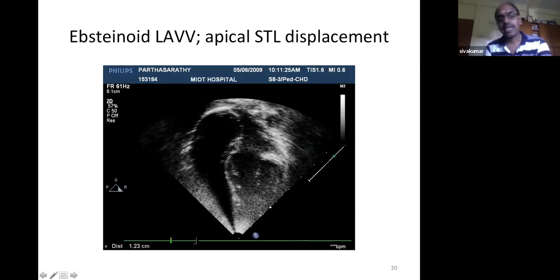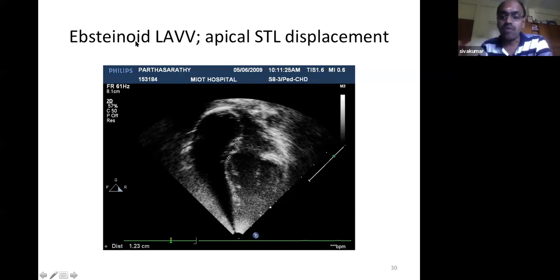In some patients, the tricuspid valve annulus can be far more displaced down, and that will be called the Epsteinoid malformation of the left AV valve. Contrary to a conventional Epstein's valve on the tricuspid side, an Epsteinoid valve on the mitral side, on the left, in the setting of a corrected transposition, is not associated with the same degree of abnormalities of the right ventricle, abnormalities of the right ventricular function, abnormalities of the anterior tricuspid leaflets. So this is called Epsteinoid malformation.